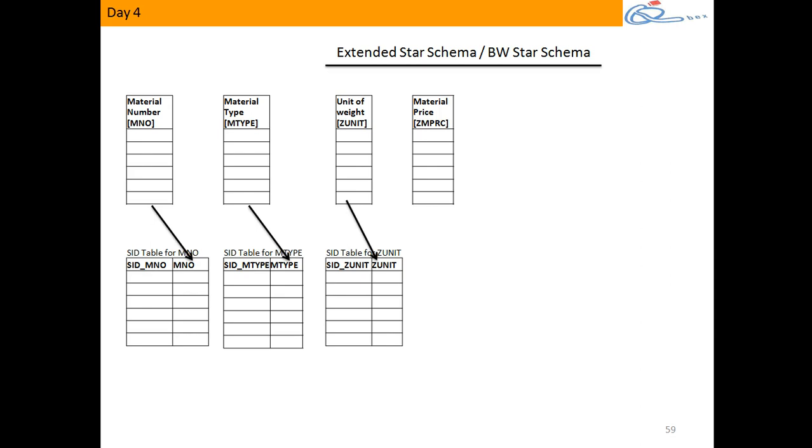Okay. Now look at this. Since we can reuse it, what it means is, whenever I am using this object in some other structure, I am not using the physical version of that object, I am only using a copy. Only the logical definition of that object is used there.